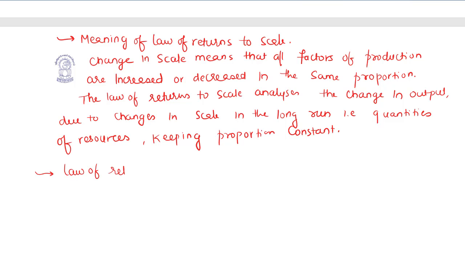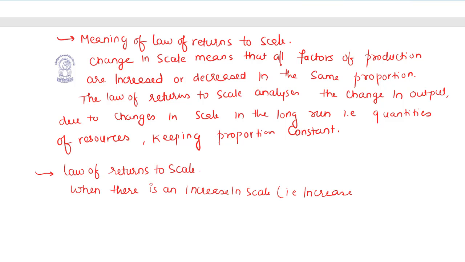Law of returns to scale. When there is an increase in scale, that is, an increase in all factors of production together in the same ratio,